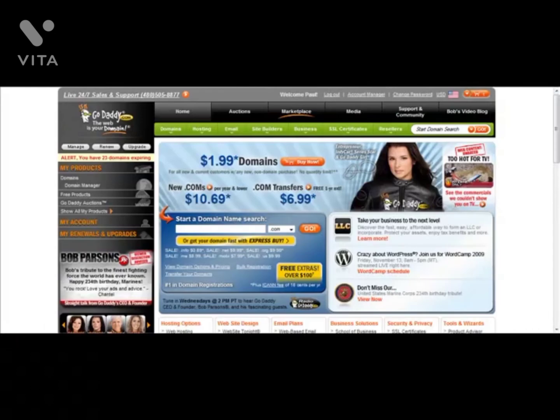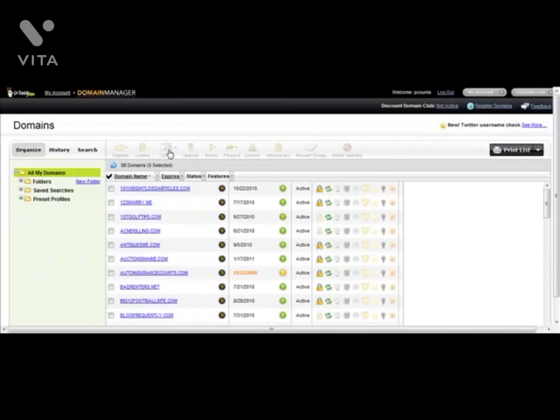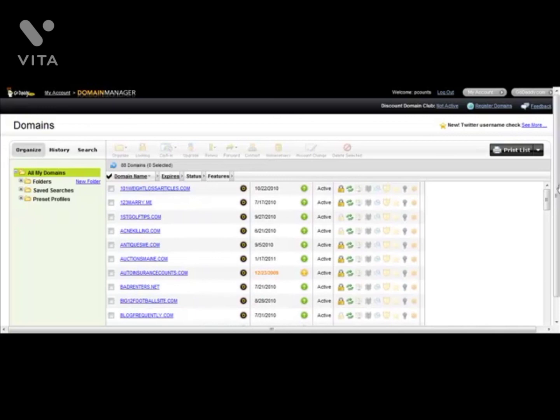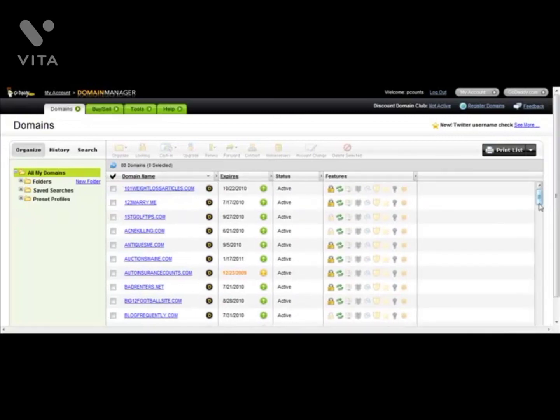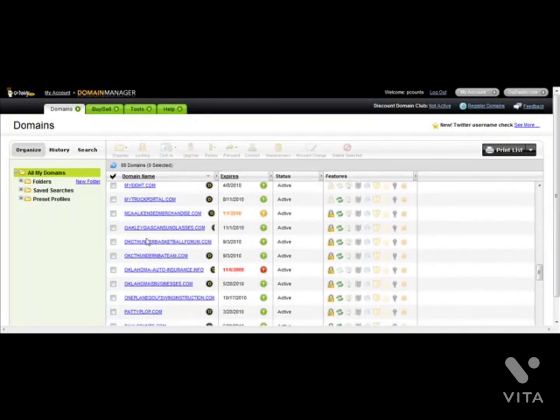So what you need to do now is go right on over to GoDaddy.com, log into your account, go to domains and select my domains. And if you have multiple domain names, you just need to scroll down till you find the domain that you're working from. Otherwise, if it's your first domain, it should be right at the top. And they do alphabetize it if that makes it easier on you. So I'm going to just go to the domain name I want to choose, put the checkbox in there, select name servers,